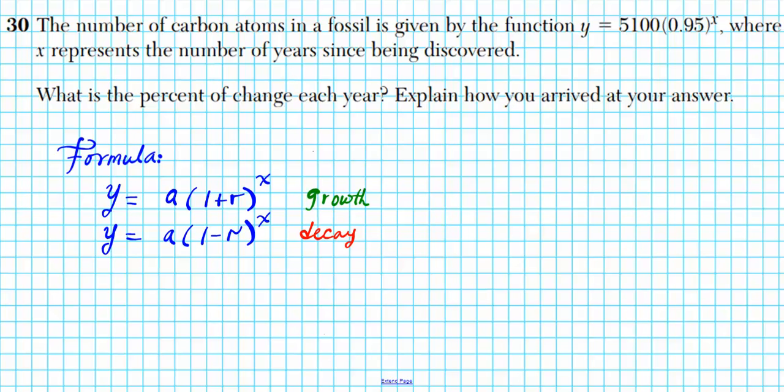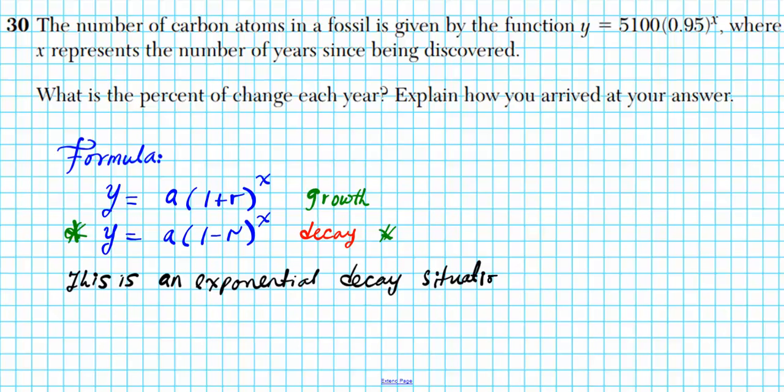So in this problem, we're taking a look at a radioactive decay model. This is the formula that's applicable to this scenario. Okay, so this is an exponential decay situation. If you were talking about things like population growth or investment growth, you can look at growth in that case. Okay. All right. So now that we've ID'd the formula that we're going to use,